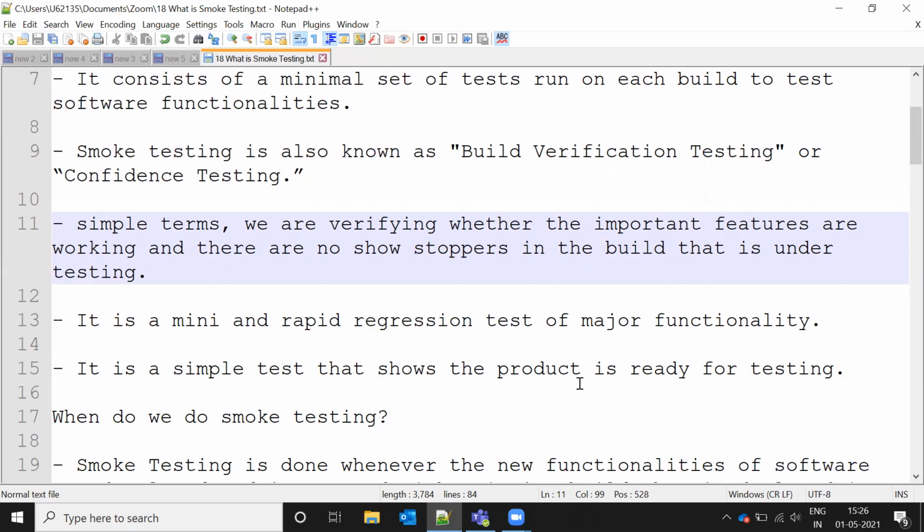Whether the given build is working as expected, the main flows are working, and the build is ready for further levels of testing, we verify using smoke testing.